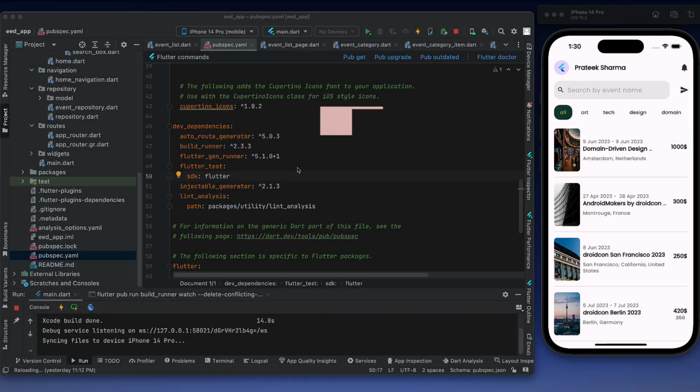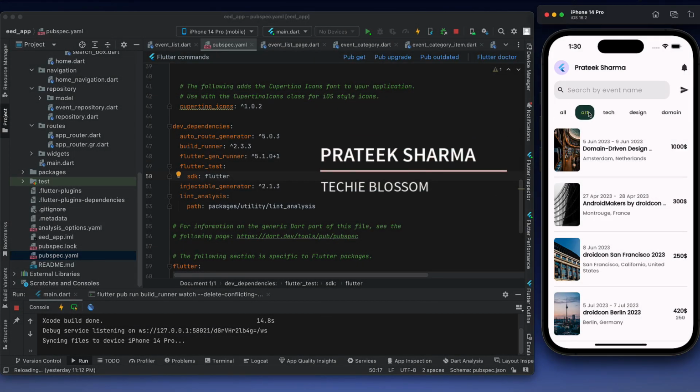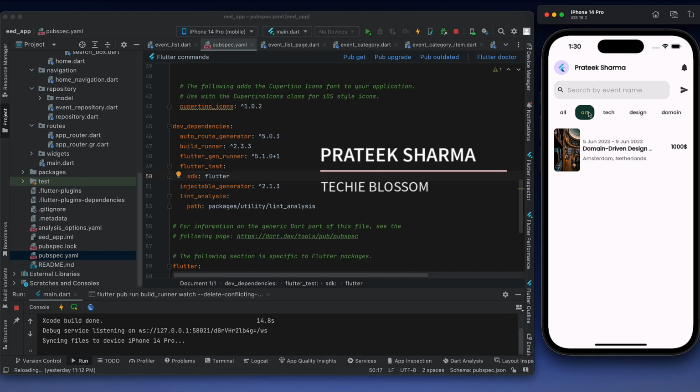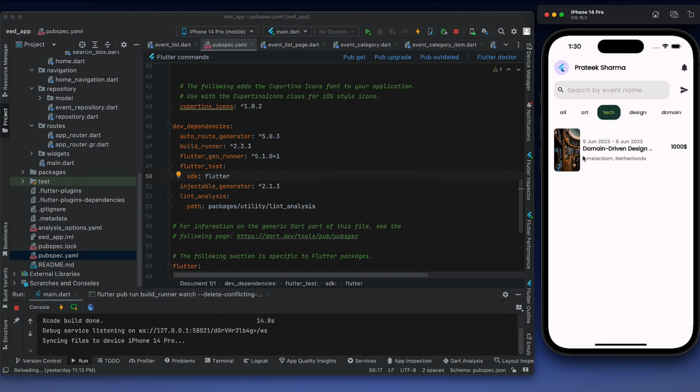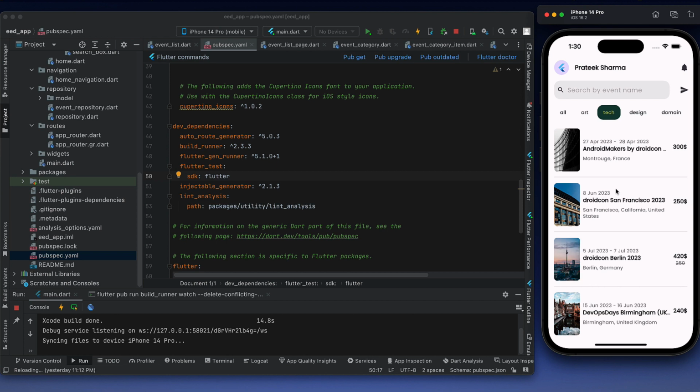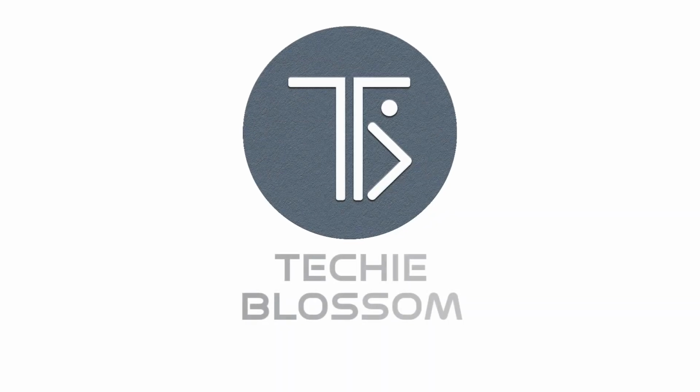So until now, we have handled our state using a value notifier, and this is the issue that we see: whenever we switch between categories, the loader is not there. Of course, it can be handled with value notifier also, but the code will become messier and we don't want that. So what we will do,